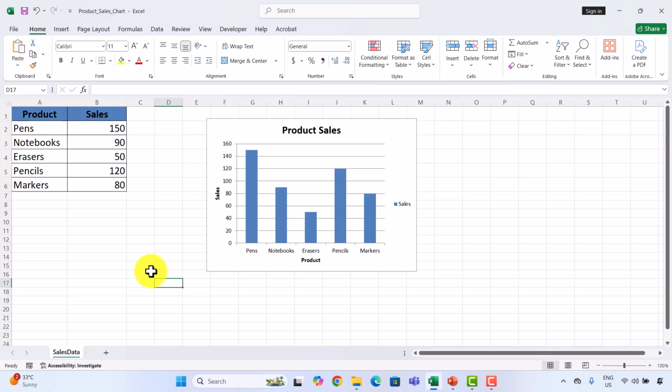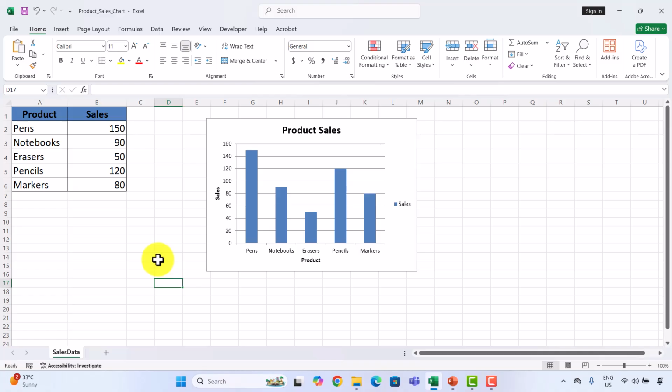In today's video, I will show you how to link your Excel sheet to your PowerPoint slide, both as a table and as a chart. This is perfect for presentations where the layout stays the same, but the numbers change, like sales reports or quarterly reviews. Let's get started. Here, I already have a sample Excel spreadsheet with a small product sales table and a chart. We will link both of these to PowerPoint so that anytime we change the data here in Excel, it instantly reflects in our PowerPoint presentation.